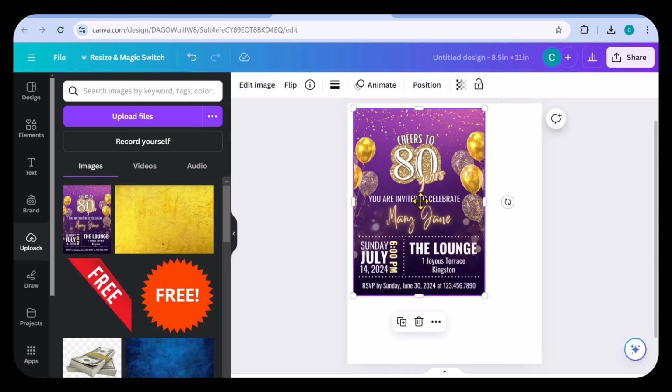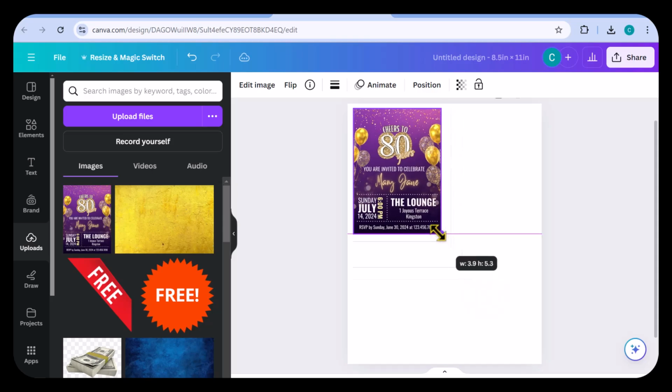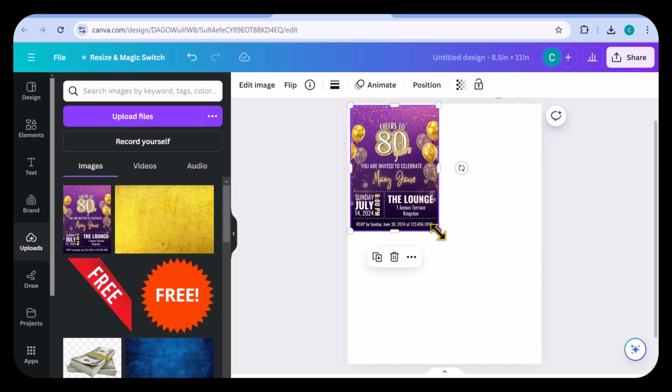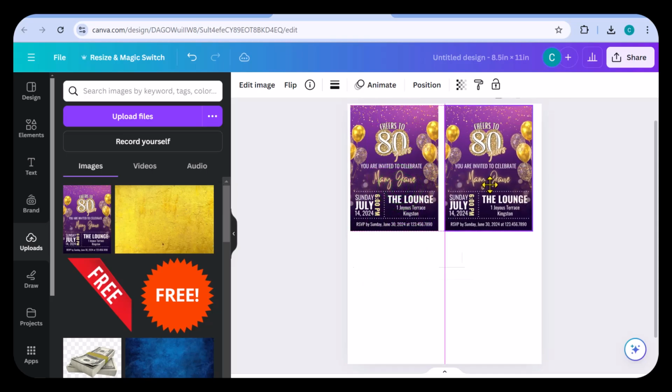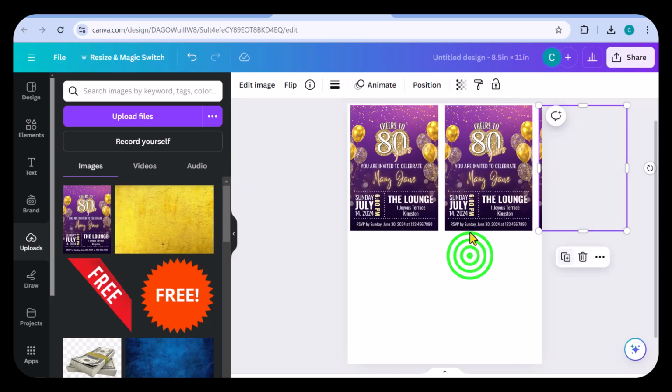If you can recall from the very first video, the client did state that 4 invitations should be able to fit on one letter-sized paper. Hence, the invitation will be resized to ensure that the 4 of them are able to fit comfortably on this letter-sized paper.